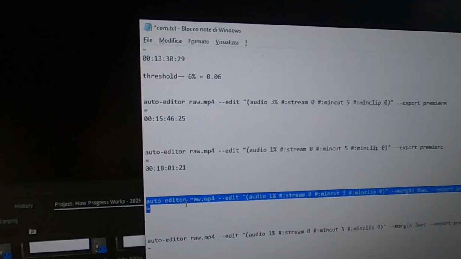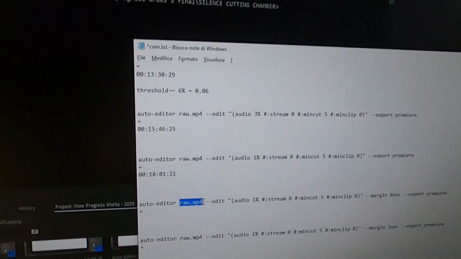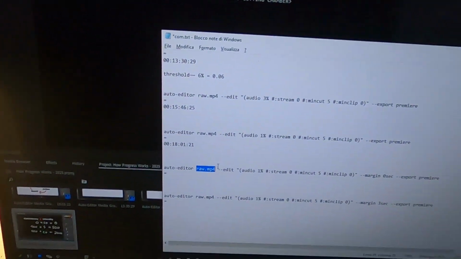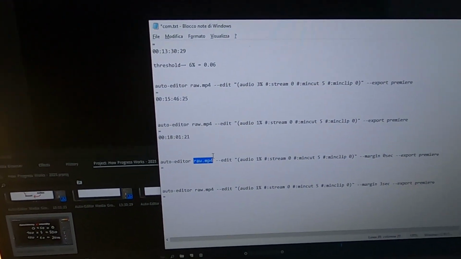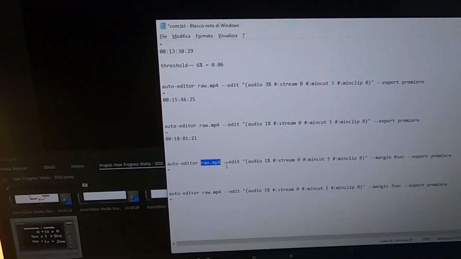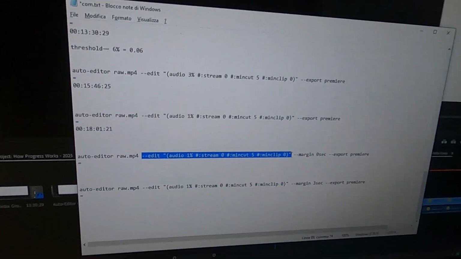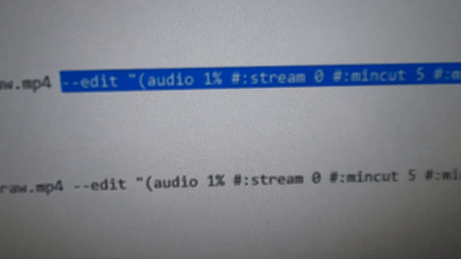Then you have to type the file name. If you don't open the path in the folder, you have to type the full path. But since we opened the path from the folder itself, you can just type the name. Apparently you can click tab and it will choose the video. Anyway, you then click edit, and then this whole block of code, which basically tells you what your parameters are,